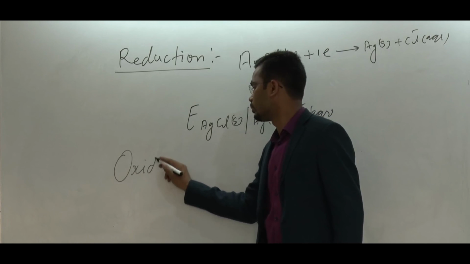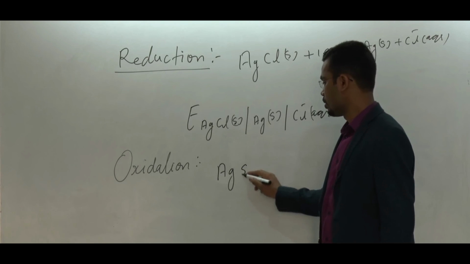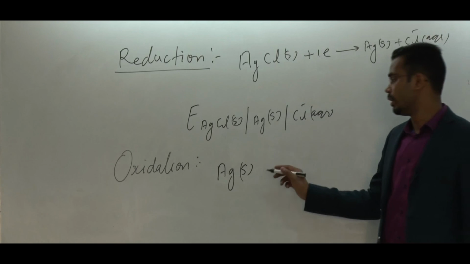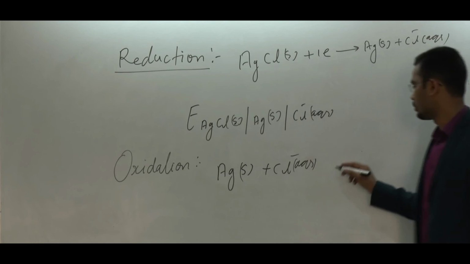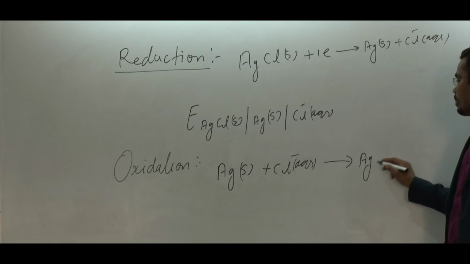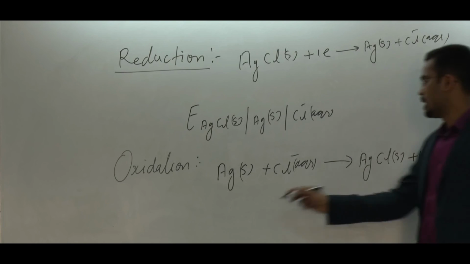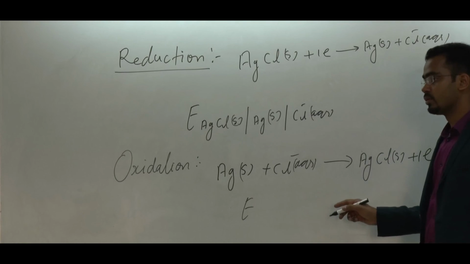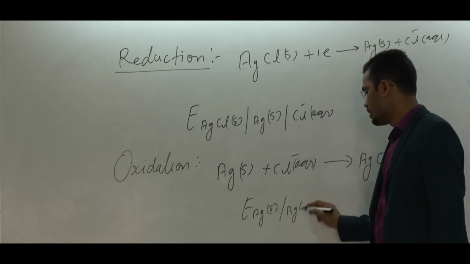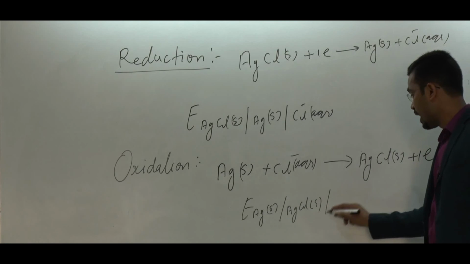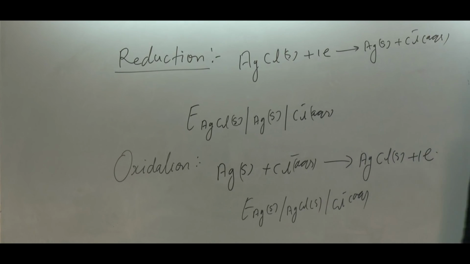If Cl had been in solid state only, then we would not have written it, right? Oxidation means loss of electron. So here Cl- aqueous will form AgCl solid, and it is oxidation, therefore loss of one electron. Now you are going to represent this. How do you represent? Ag solid, AgCl, not aqueous, it is solid, a precipitate, and then Cl- aqueous. In this, Cl- is always required, and it is in the aqueous phase, therefore you have to write the